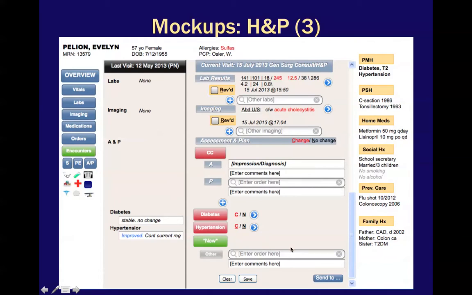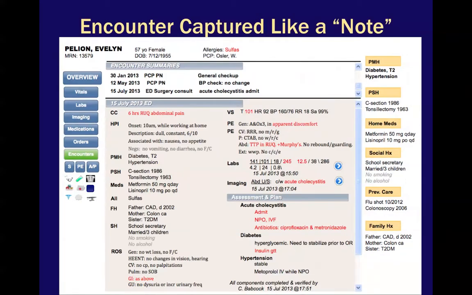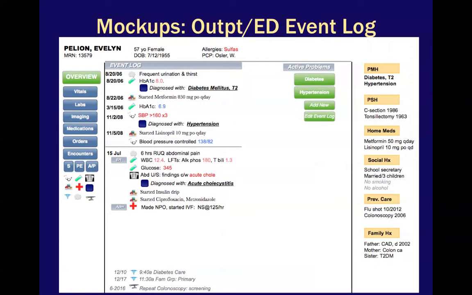Then after this is completed, all of those items that were addressed or reviewed or entered can be captured as a note and finalized in this permanent version, like a note, although I'm calling it an encounter summary. But the individual elements that have changed would populate here to this event log. And so this is just one version, one possible version, and I think this could really be the home screen,